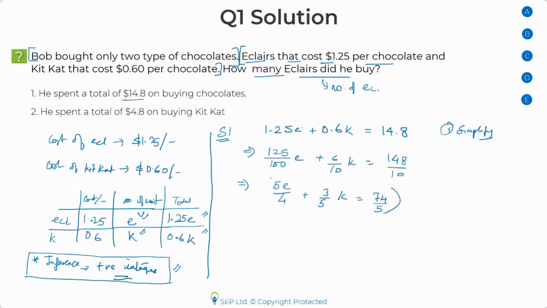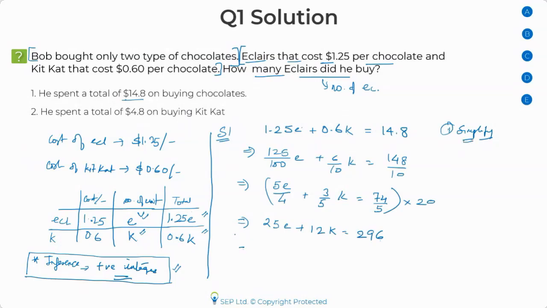And because I want an equation, there are better ways of doing it. I'm just taking the longer way. You can multiply all sides by 20 and end up getting 25e plus 12k equal to 296. So first of all, you should simplify it. Remove the decimal points, get rid of them, and have a simple, neat, clean equation with you. Now, post that, you can do hit and trial if you want to, but I would not like to do hit and trial. I would again only simplify, but there's a different way of simplifying it.